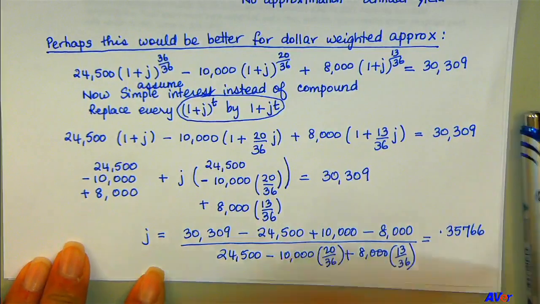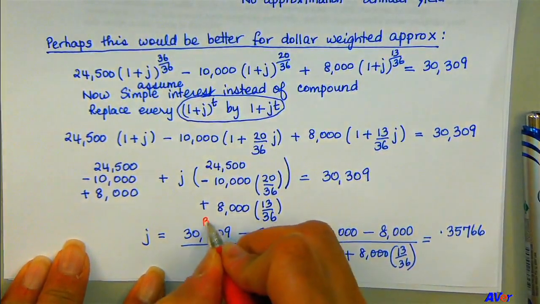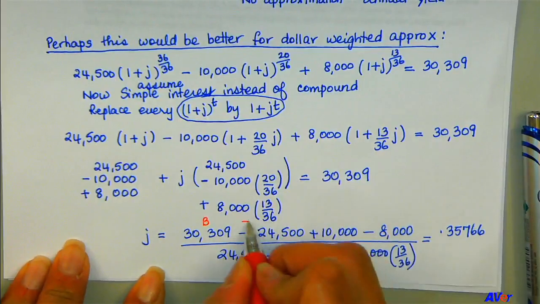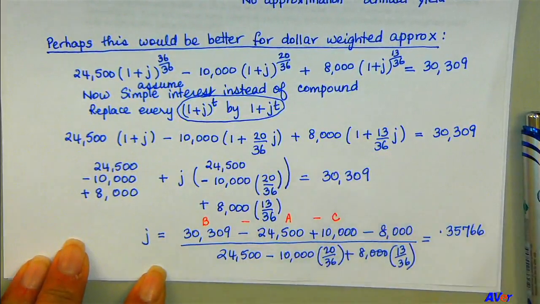So if I were to label this, just to make it look like the other one, I would say this: B minus A minus C, which is otherwise known as I, over